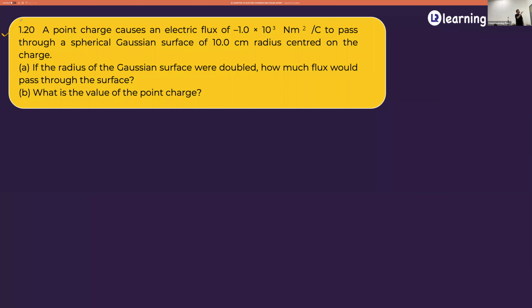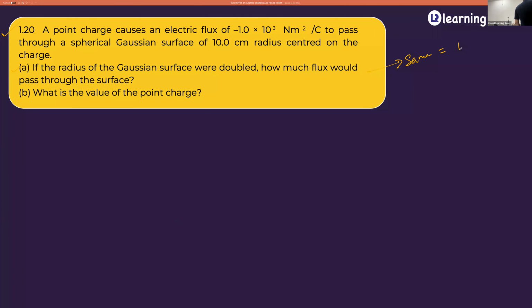So 1.2. A point charge causes an electric flux of -1 into 10 power 3 Newton meter square per coulomb to pass through a spherical Gaussian surface of 10 centimeter radius centered on the charge. Okay, this is one thing. So listen to this. If the radius of the Gaussian surface were doubled, how much flux would pass through the surface? The answer will be